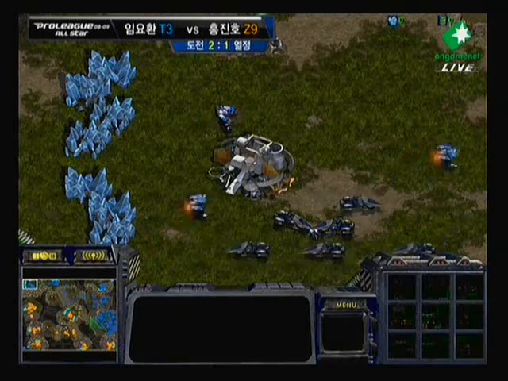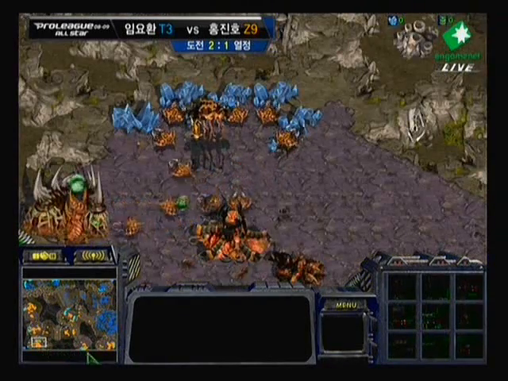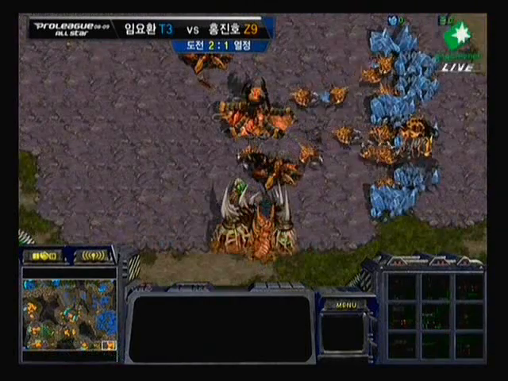So Boxer, yeah, economically in a fantastic position. I think he's just going to play actually a turtle style, it looks like, throughout the rest of the game. Yellow